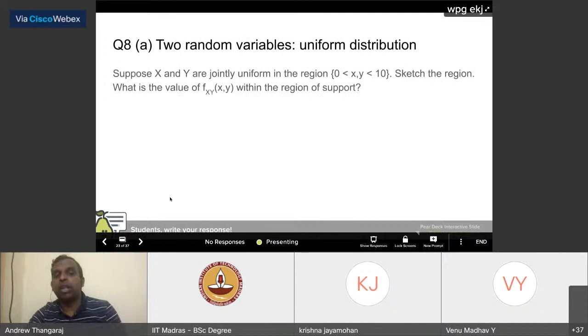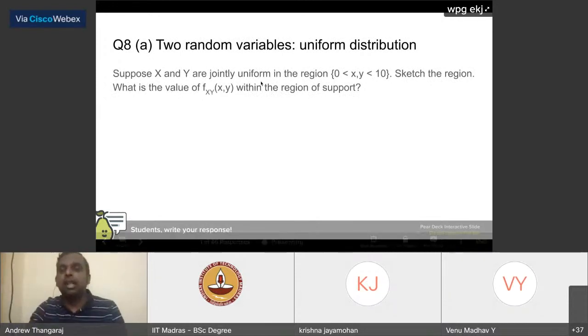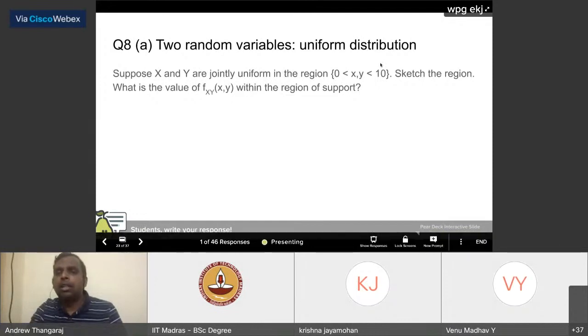Let's move on to 2 random variables. Now we've come towards the end of the session, about half an hour left. The last half an hour we will spend on this, but there is a question from Rishabh Pandey. I'll take it up when people are working on this. Let me first describe the question to you.